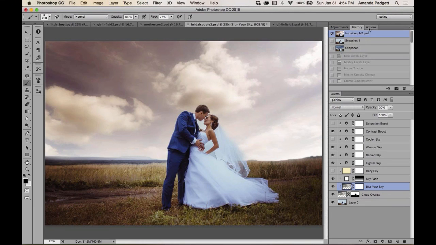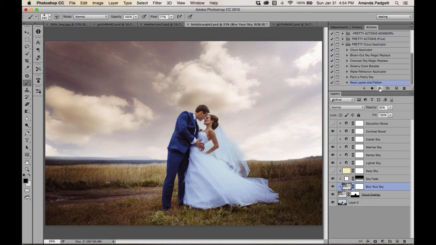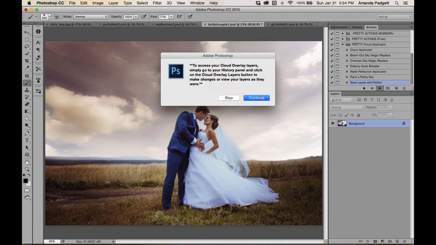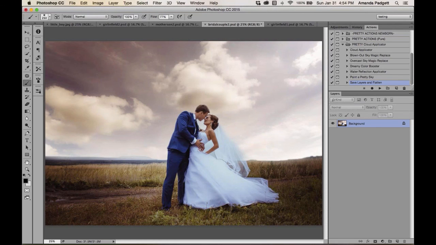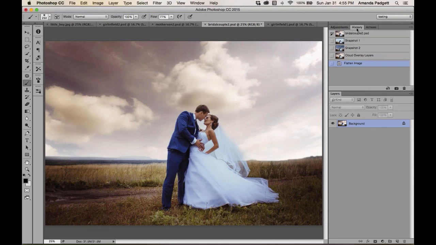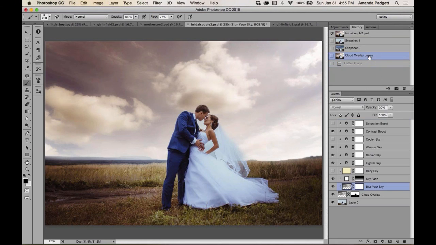So we can come in here, actions, save and flatten. So it's going to save it as a PSD, okay? It says to access your cloud overlay layers, simply go to your history panel and click on the cloud overlay layer button to make changes or view your layers as they were. Okay, so then it has saved it, but it has it here, right here. Okay, it has saved it there. Now you do need to save it. It didn't come up with the file save, but it saved it as a history snapshot. I would still recommend saving it